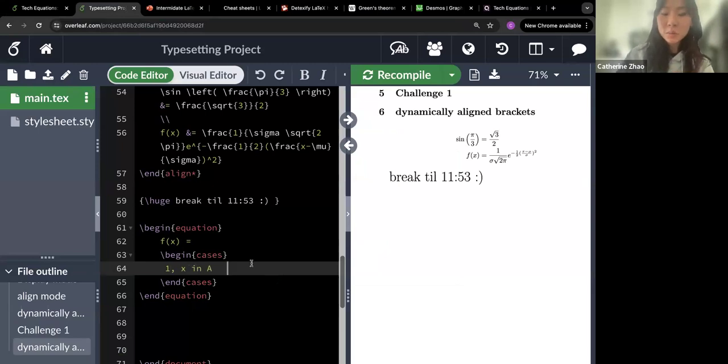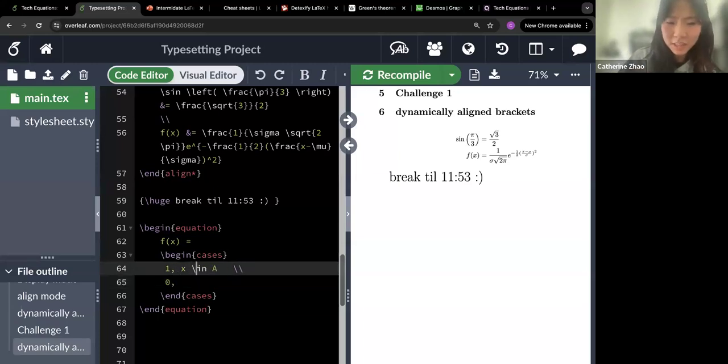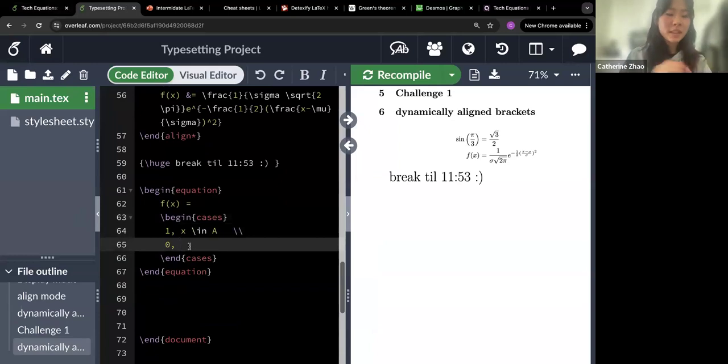And then to do the new line, double backslash, 0 for x, sorry, this is meant to be a backslash in. That's how you get the element symbol. And then to do x not in A, you go x, and then